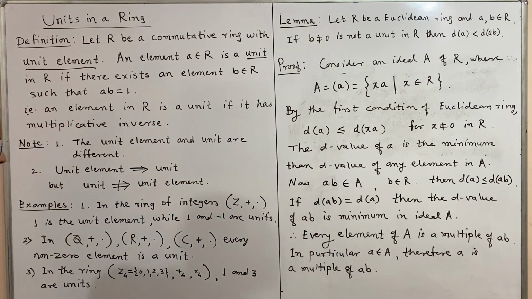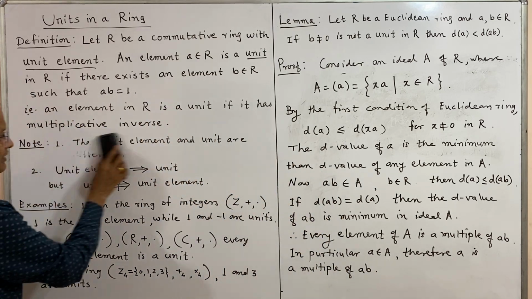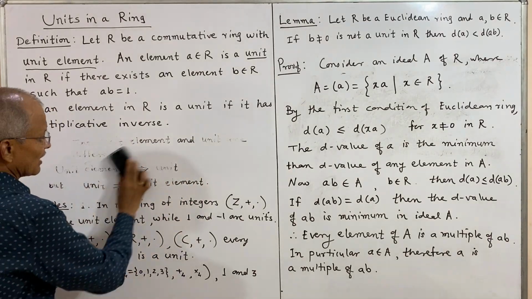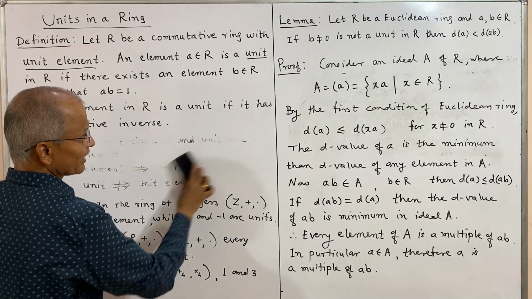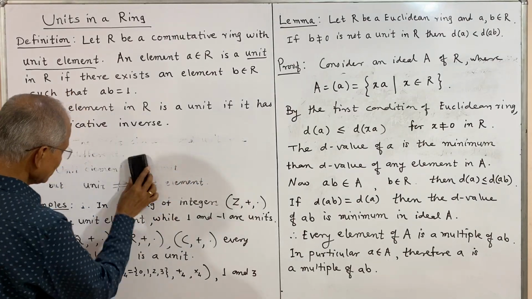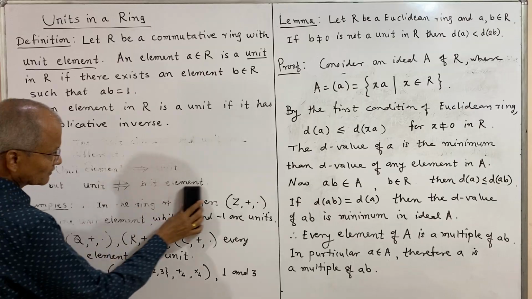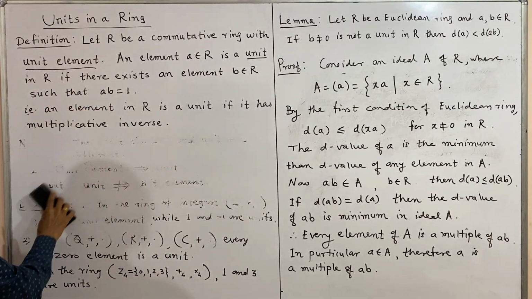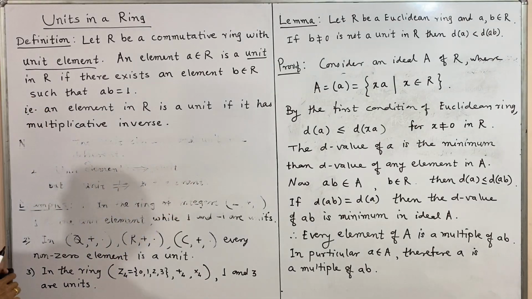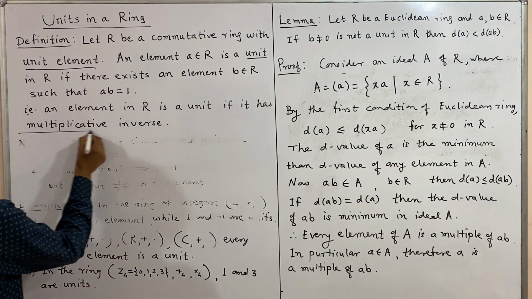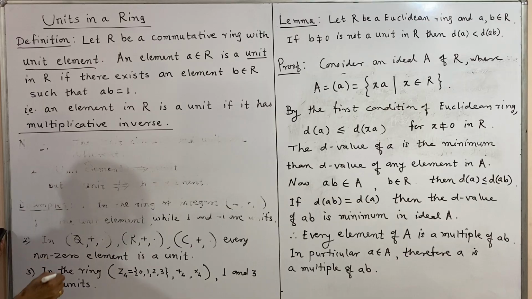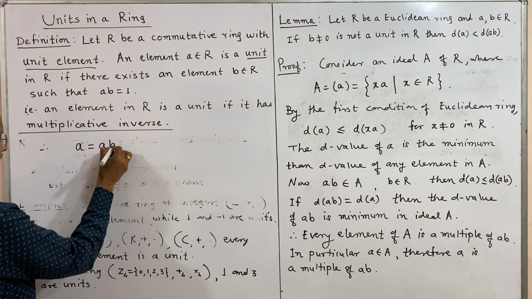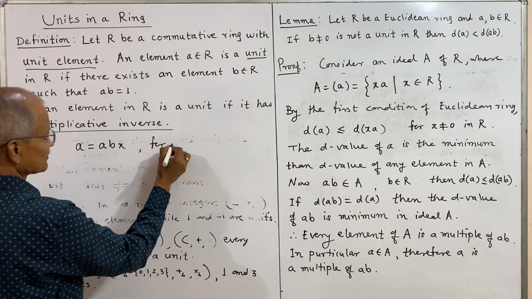And because A is a multiple of AB, we can write A is equal to AB into some element, and that element we may consider as X. Therefore, we can write: A is a multiple of AB means A is equal to AB into X for some X